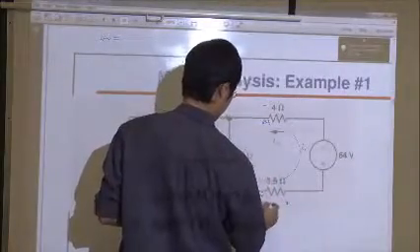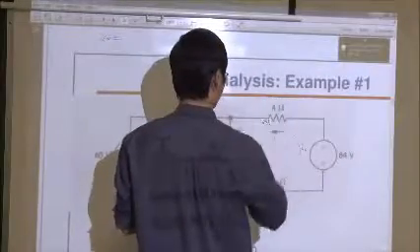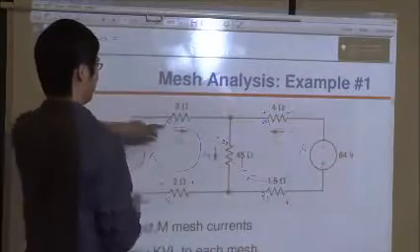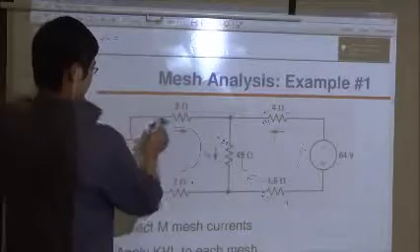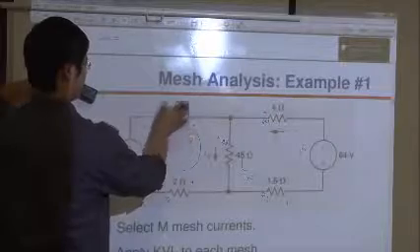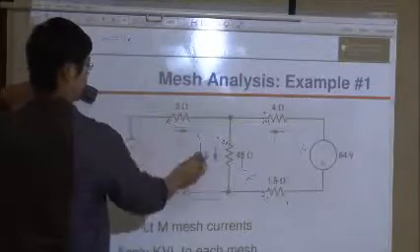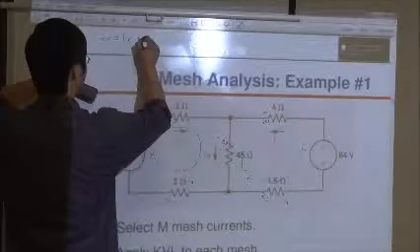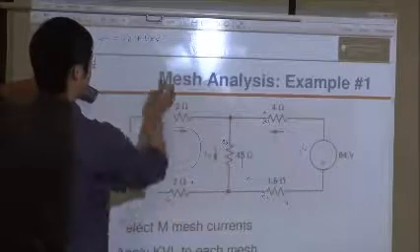So this is plus, this is minus. If you go around the loop this way, the 40 will equal the voltage drop of R1, VR1, plus the voltage drop of R4, VR4, plus the voltage drop of R2,